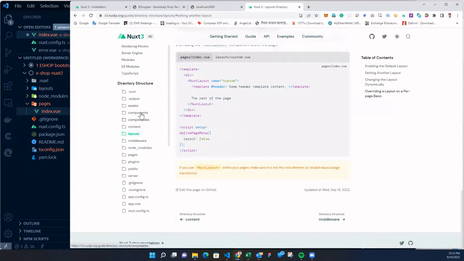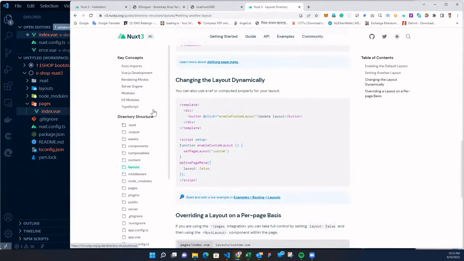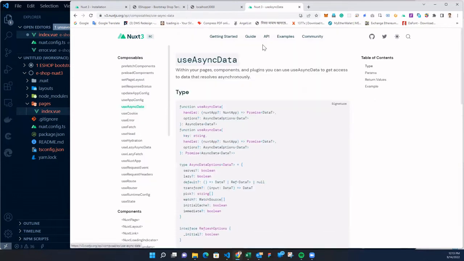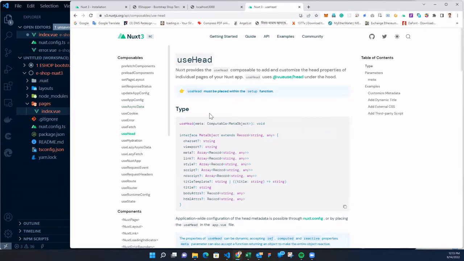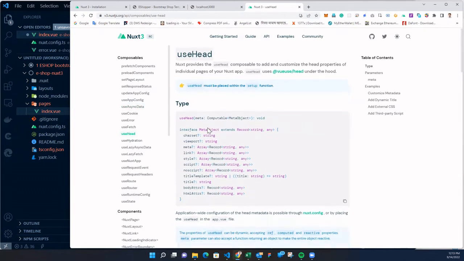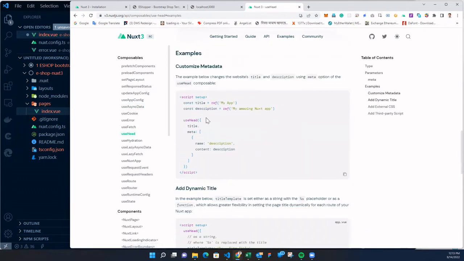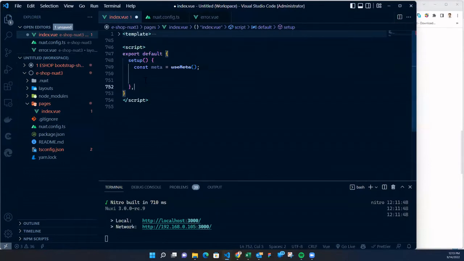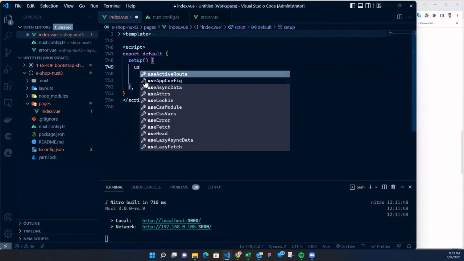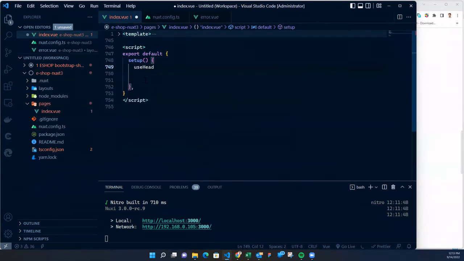Let us see a little bit. I cannot recall what it is called. So we will see. This is useHead, not useMeta. So I was doing it wrong. So it will be useHead. useHead should accept an object. So this is how we should do it. Okay, so this was actually the wrong way. So we will say useHead here, which will accept an object, and that object will